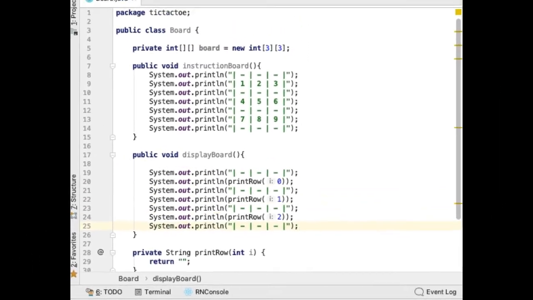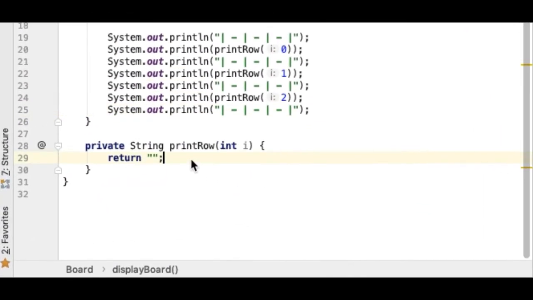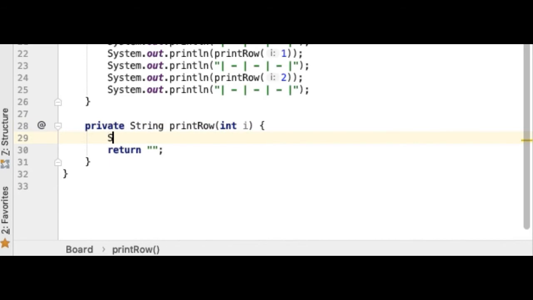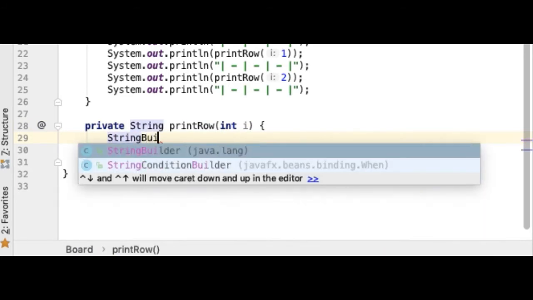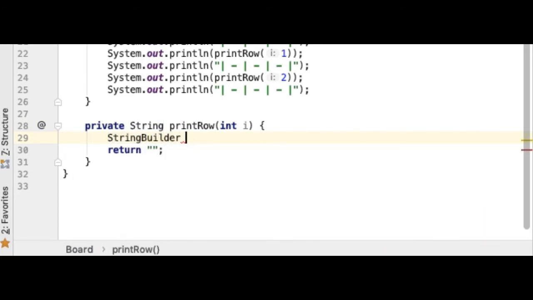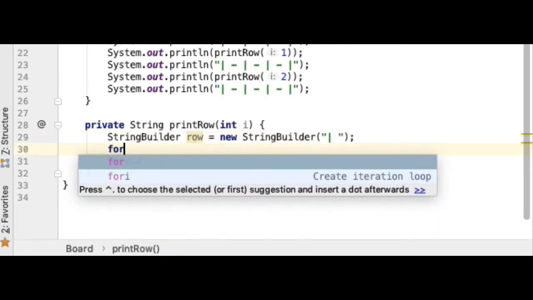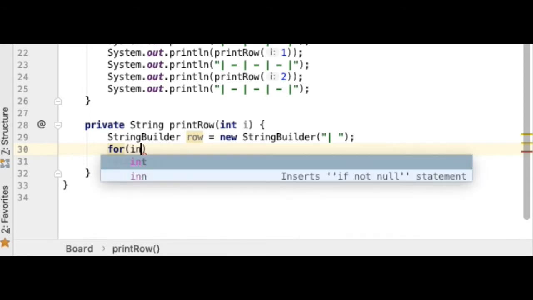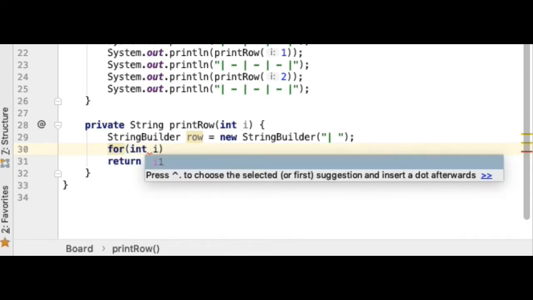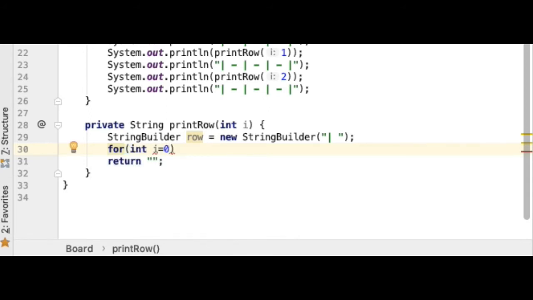As I said before, I'm going to return a string with how the row will look like. Therefore, I'm going to use a string builder to build this string. The first character in the string is going to be a bar, representing the boundaries of the board. And since I have to print every cell in the row, I'm going to use a loop that will go